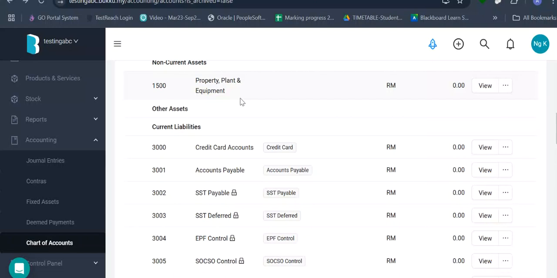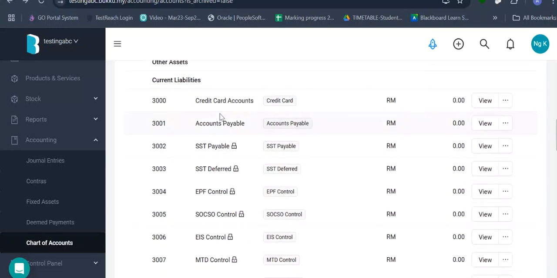All right, then this credit card account. If you have a business credit card, not a personal one, and used for business expenses, then there will be a liability here. Or we debit expenses and credit to here, and every month we need to clear this balance.